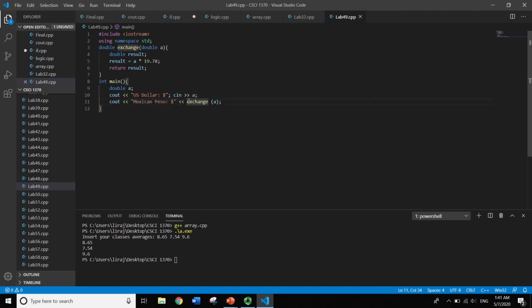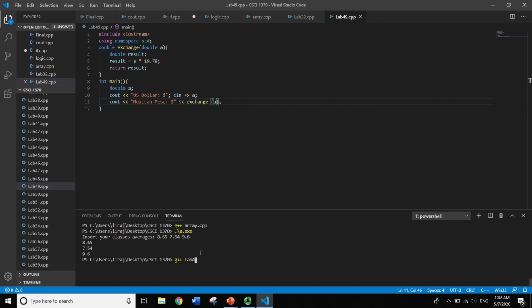And instead of having to multiply whatever input you got from the user by the exchange value and then storing it again and then couting again, you're just gonna call your function, which is exchange, and you're gonna tell it what to use. So you can try this one, g++